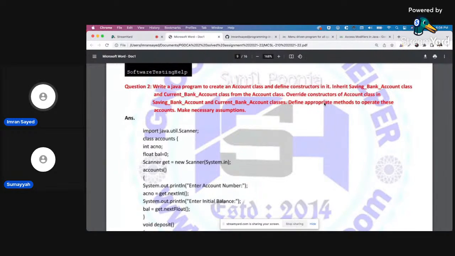And then override constructors of account class in saving bank account and current bank account. Define appropriate methods to operate these accounts. Make necessary assumptions. So, what will an account do? Let's see what they are doing. Asking for account number, enter the balance, storing all of that information.